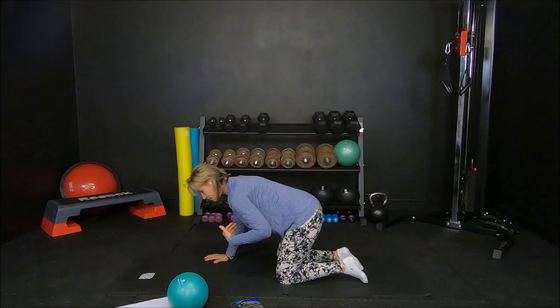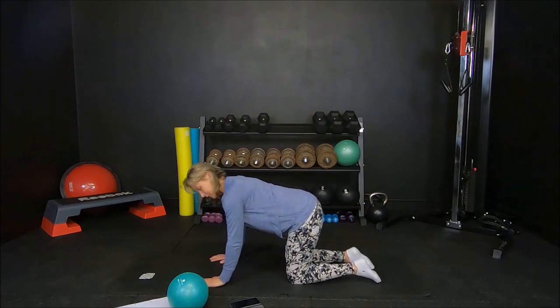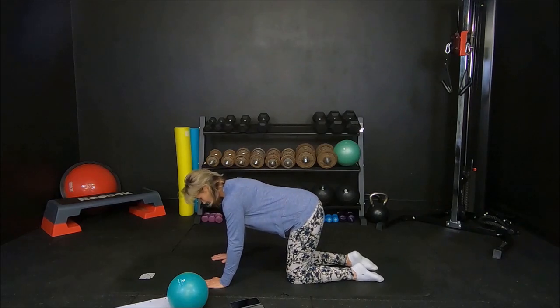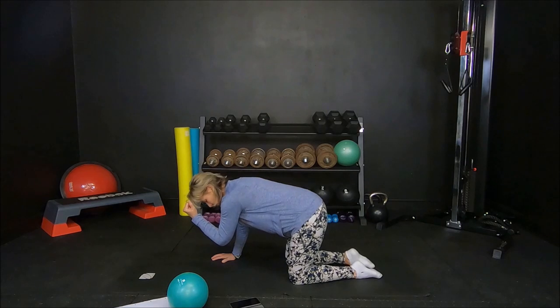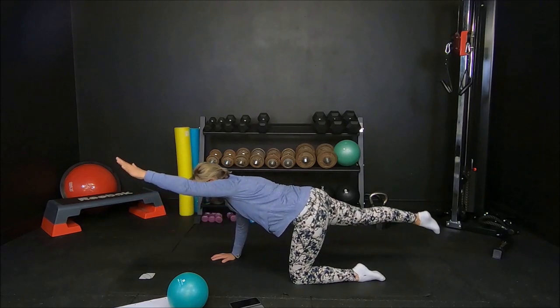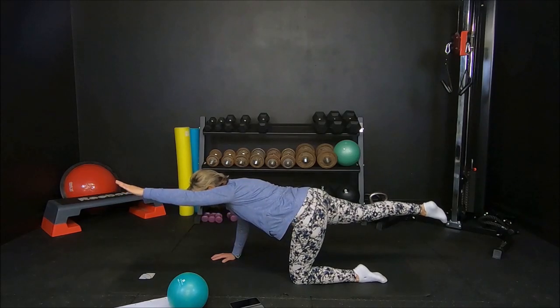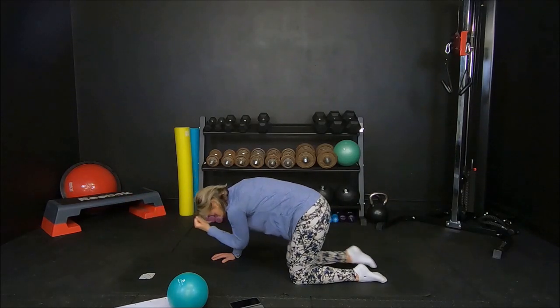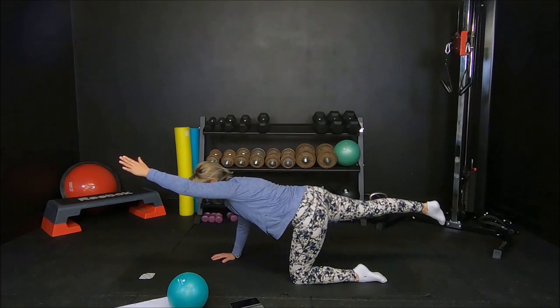And we're going to move the spine as well as get some hip extension here. So from a neutral position, we're going to lift one hand and the elbow, we're going elbow to the opposite knee. So good stretch into the back and then reach that hand and foot away. Don't go too high with the leg, so the leg doesn't go higher than the hip. Stay on the same side. So knee, elbow, reach away. 5,